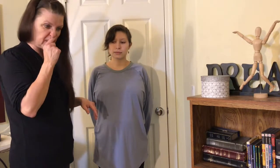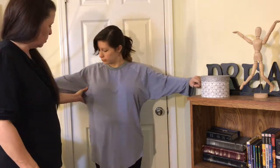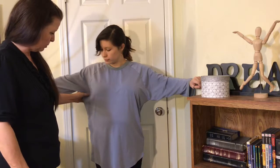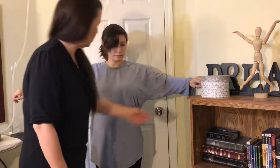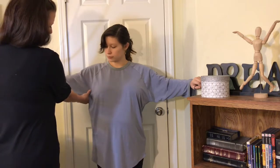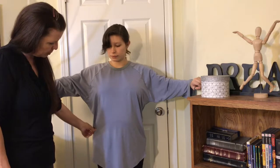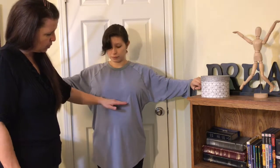Okay, in this video I'm going to show you how to take a basic top and turn it into a maternity blouse. Put your hands up. This particular top is really big, way too big for her. So what I'm going to do is take up the sleeves to where it's going to fit her nicely, come down, taper to about right here, and then right here